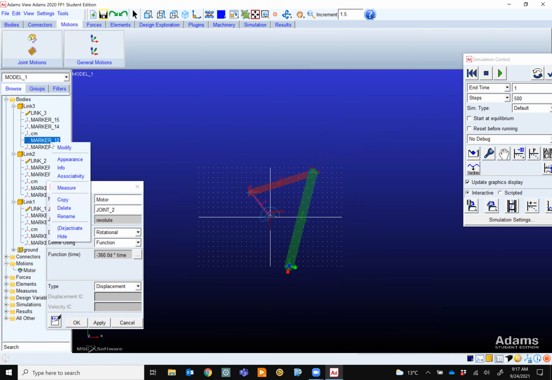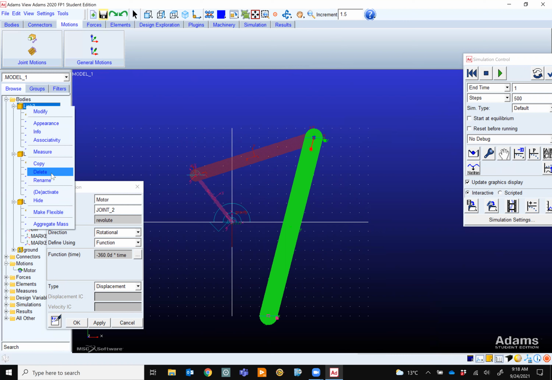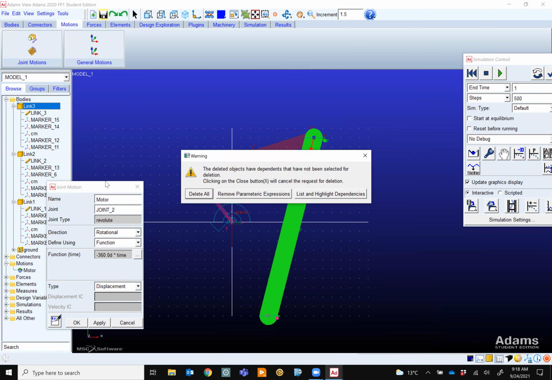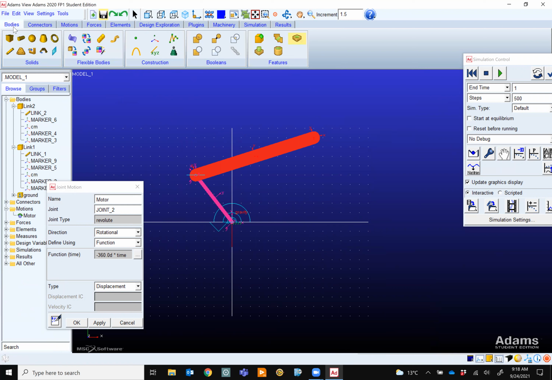Marker 2. Oh, you know what? Let's get rid of this link. In Atoms, you can right click and say delete. It asks you, do you want to delete everything, including the joint? You say delete all, so everything has been deleted.